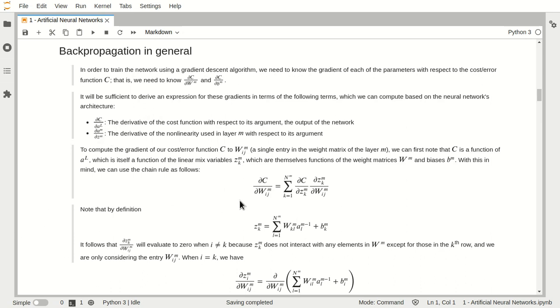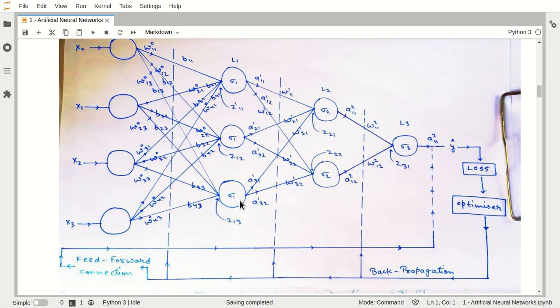See guys, actually what is happening. If you focus on this diagram, you will understand these things more clearly. Our main goal is to do some kind of learning.